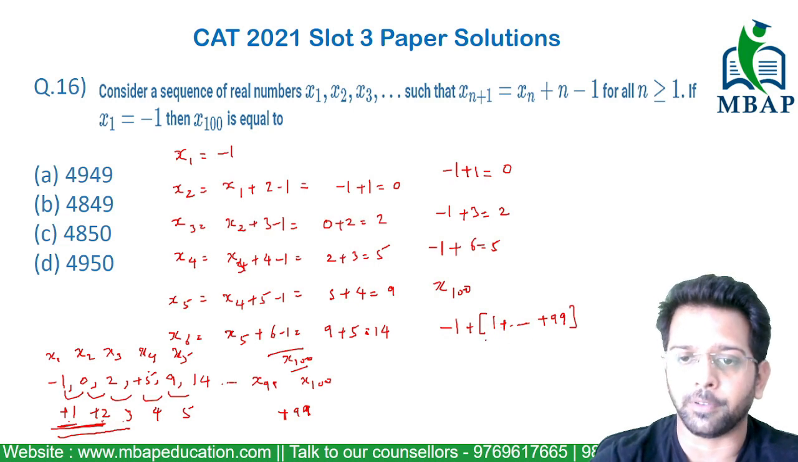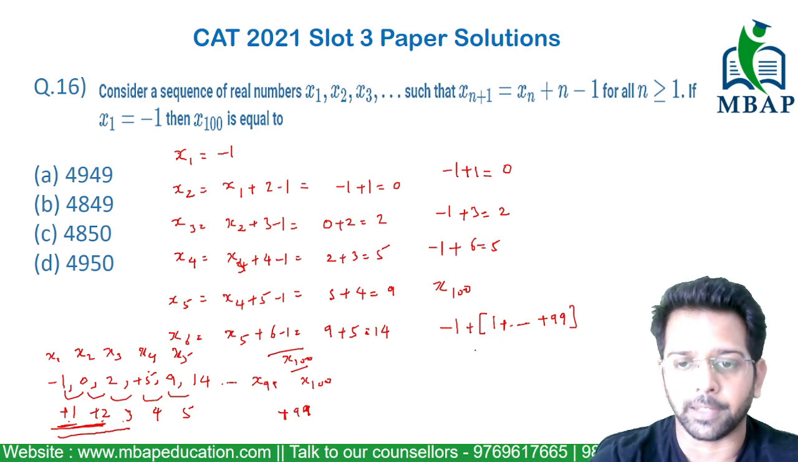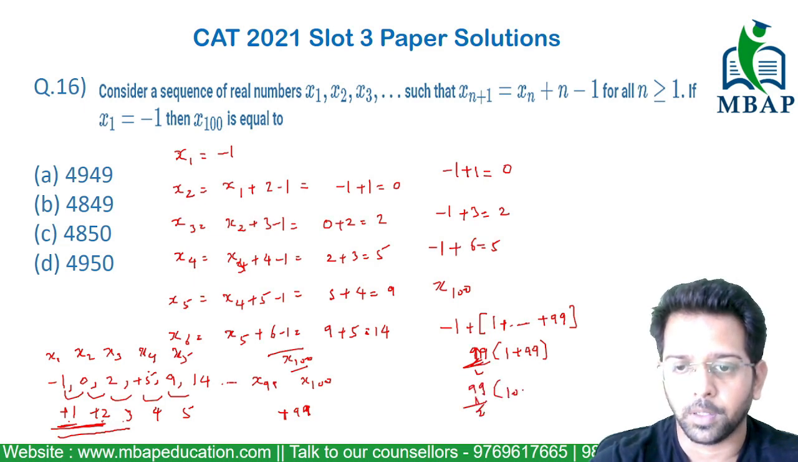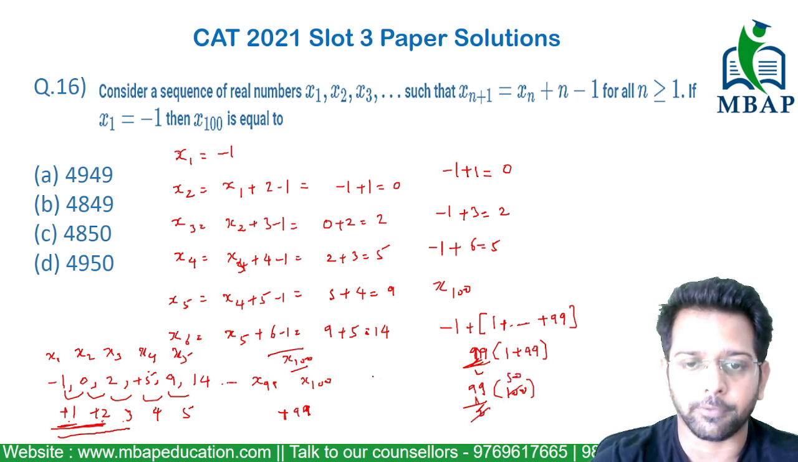Now 1 to 99 will basically be in AP, whose sum is given by n by 2, first term plus last term. First term is 1, last term is 99, and there are how many terms? There are 99 terms. I repeat, there will certainly be 99 terms. So my final answer will be 99 divided by 2 into 100. 99 into 50 will make the value as